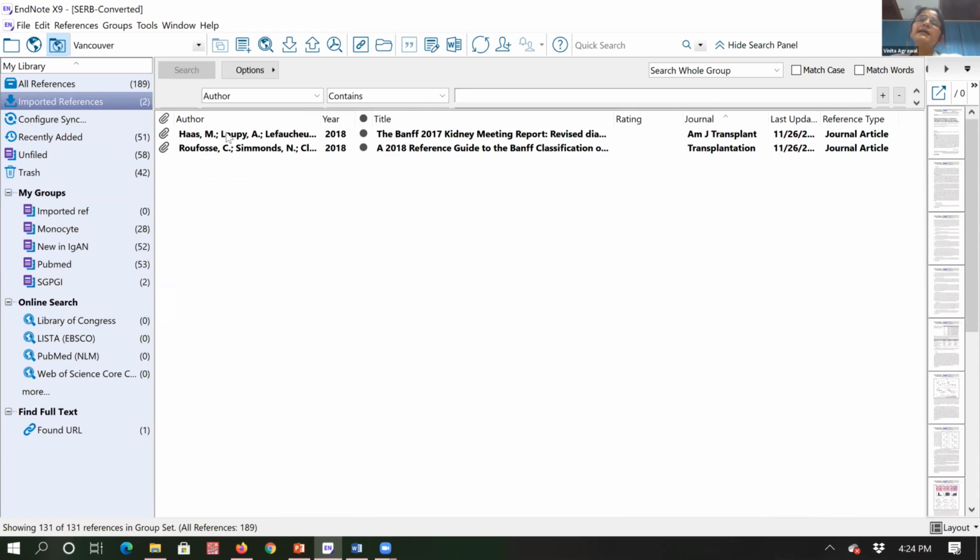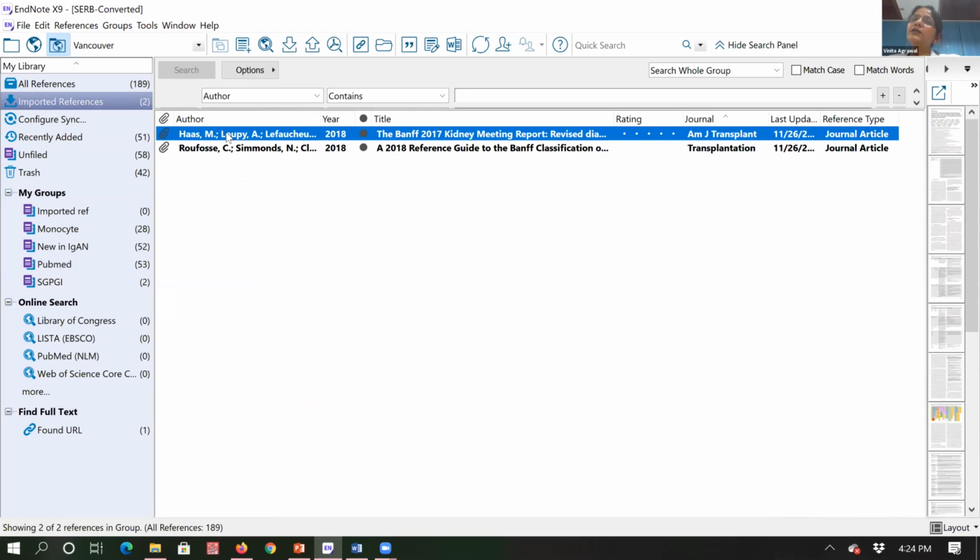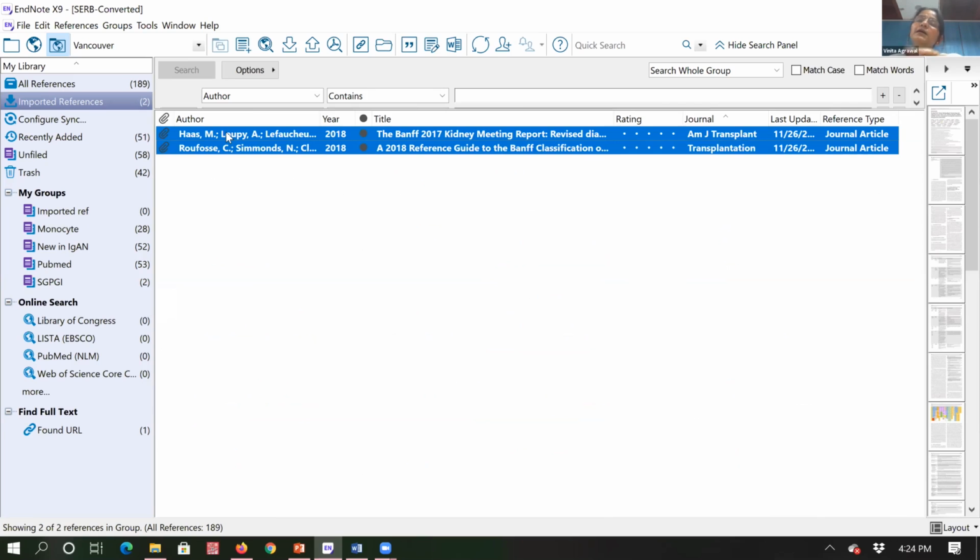And if you clearly see, the ones which I had imported from PubMed have vanished. Why? Because that was a temporary library. So whenever I do something new, it will be taken up. So these were the references which I picked up from my folder. So I can even say and send it to, or I can just pick them up and send it to